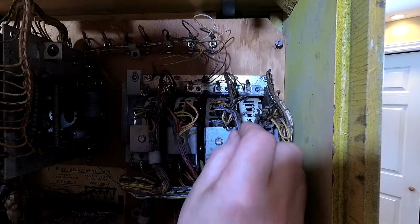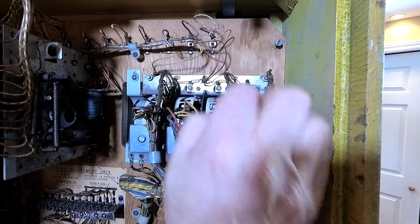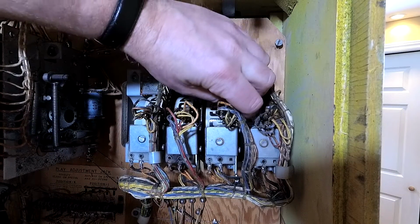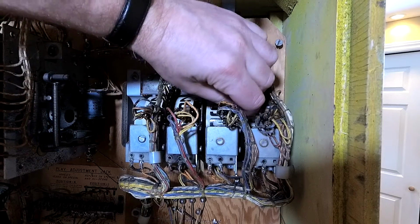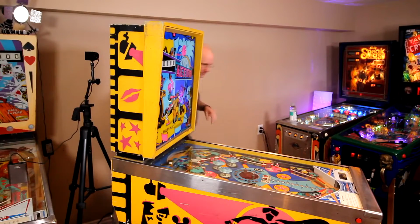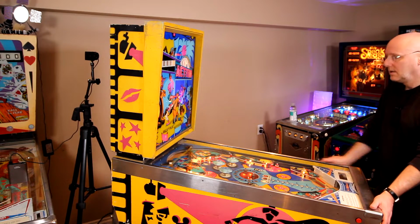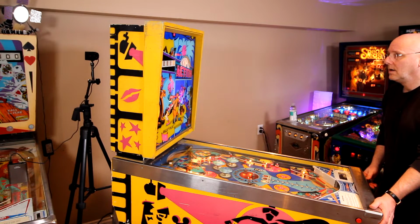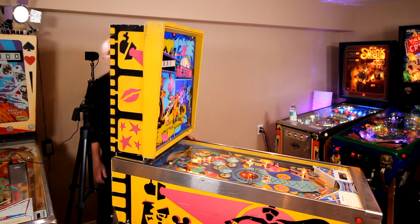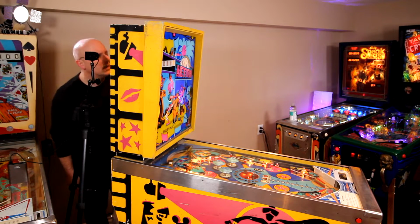So it's one of these. And I think it's actually one of these in here. Let's pull those apart a little bit and see if the problem presents itself. Nope, guess not. So maybe let's